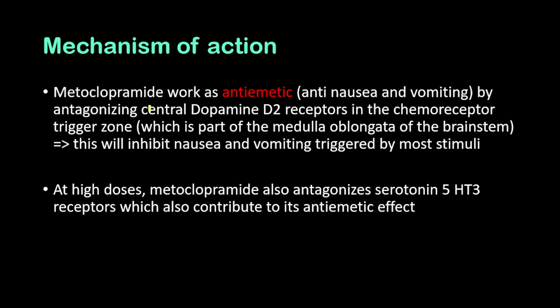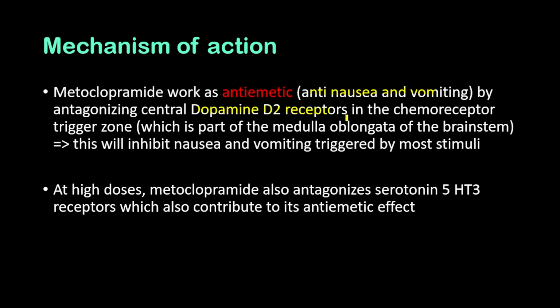So metoclopramide works as an anti-emetic, and anti-emetic means anti-nausea and vomiting. So metoclopramide works to prevent the nausea and vomiting from occurring, and that is by antagonizing the central dopamine